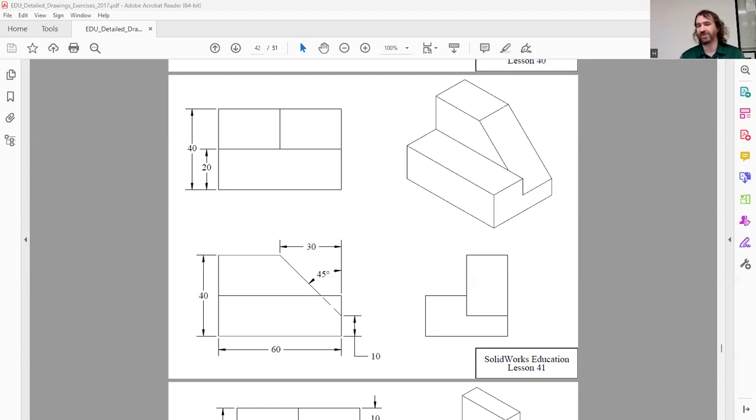So looking at this lesson 41, we have multiple possible starting points, and it's a pretty simple part. We have one flat surface that's like 20 millimeters up from the bottom, and then this is 40 millimeters up. And then we have this chamfered edge or ramp edge on the right side, which we can see from our front view. And we got a lot of information in the front view, which is actually where I'm